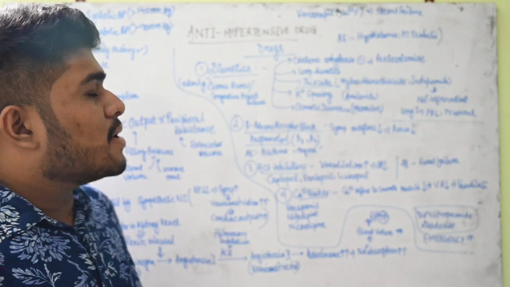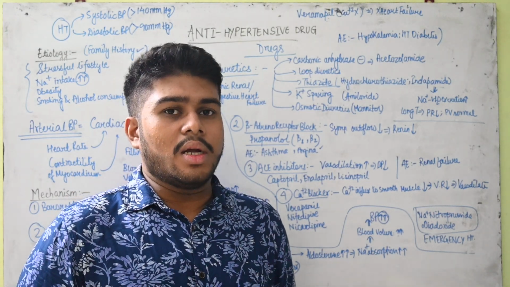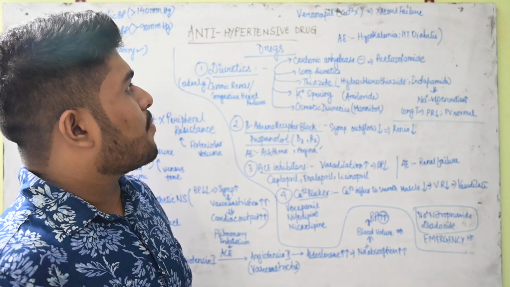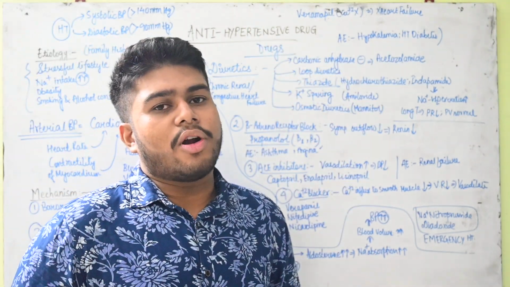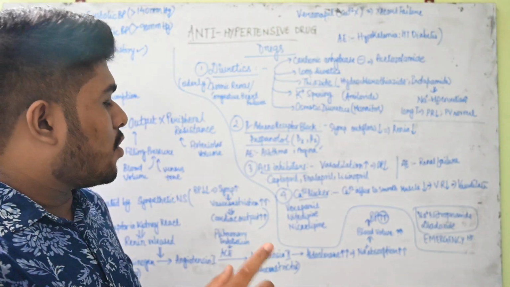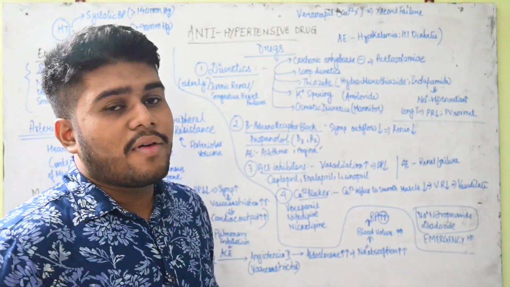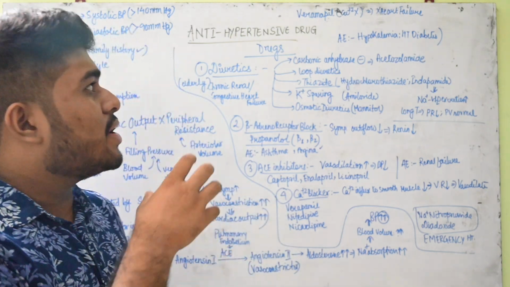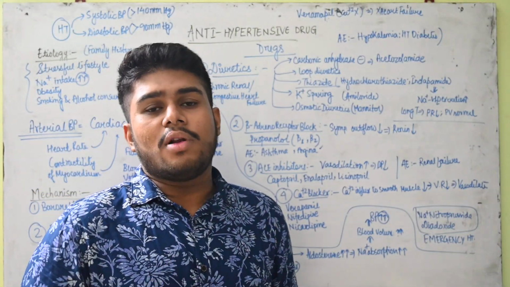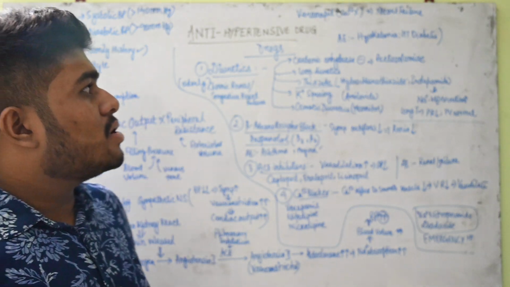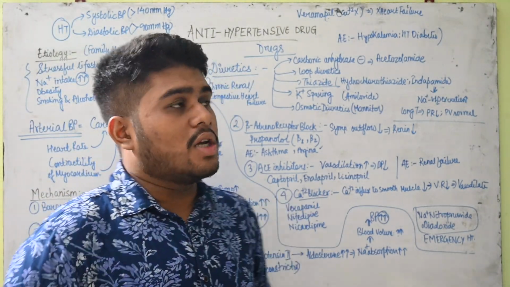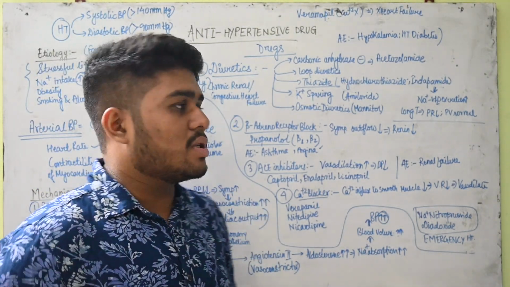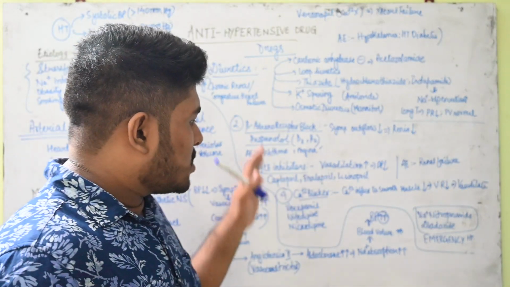But remember, if the person is suffering from heart failure, congestive heart failure, then you cannot give verapamil. Verapamil cannot be given at that point of time, because it will stop the heart functioning also. In the cardiac muscles too, the calcium influx will be stopped and they will not be able to contract properly, so that will worsen the case of heart failure. So you cannot give verapamil in congestive heart failure patients, right? So that was about the drugs.